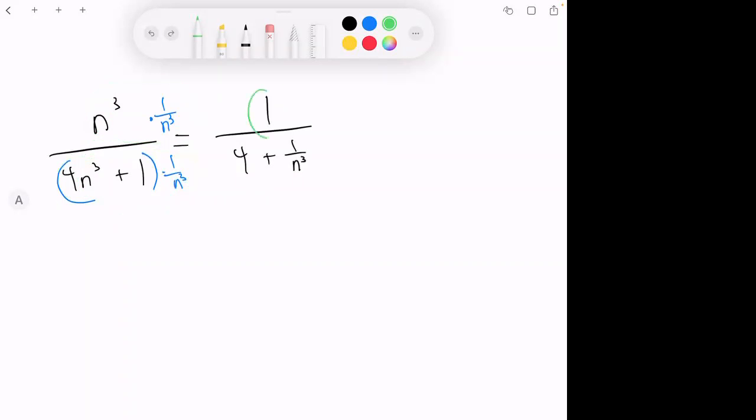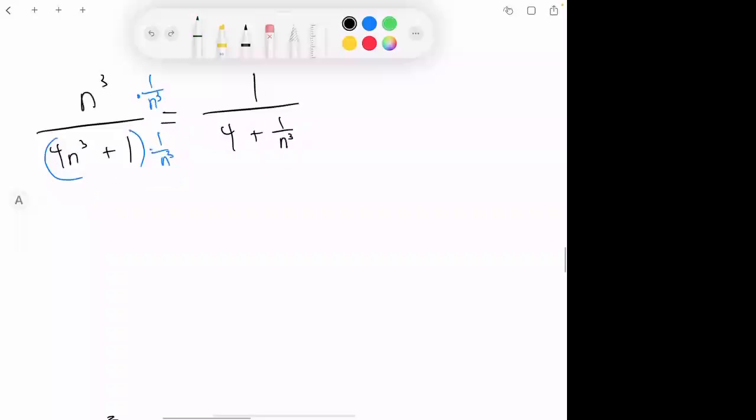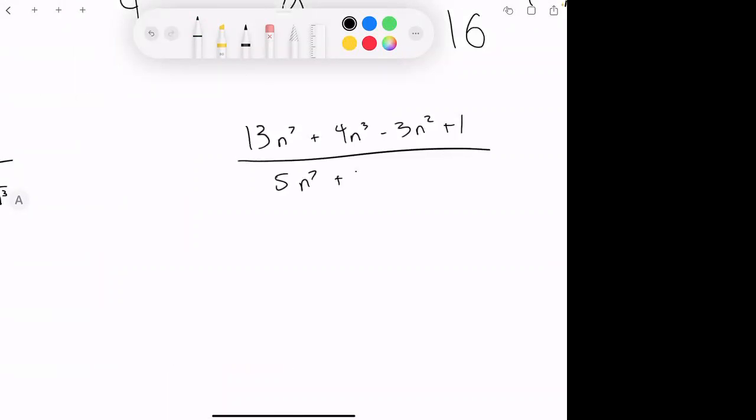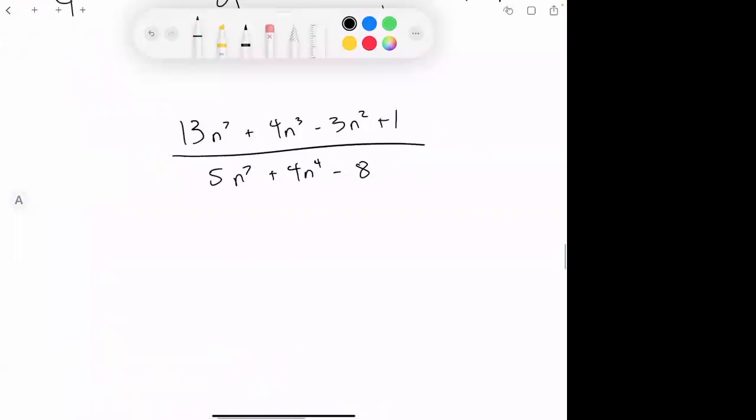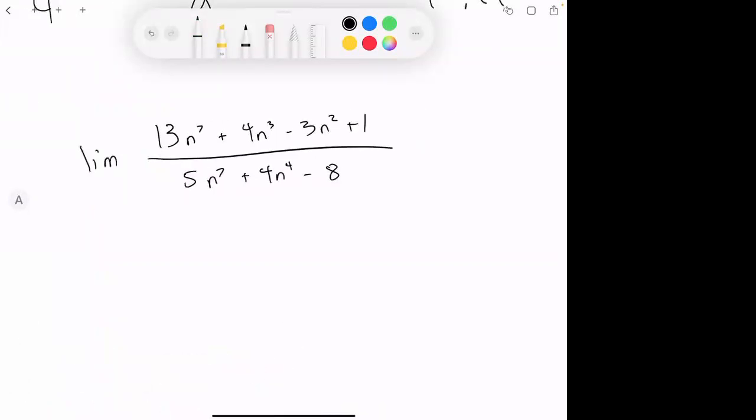Then the leading terms, the terms with the most n's in them, now just become constants, and everything else goes to 0 instead. So with a more general example, let's say (13n⁷ plus 4n³ minus 3n² plus 1) over (5n⁷ plus 4n⁴ minus 8), right? If I wanted to know what's the deal as the limit as n goes to infinity of this,